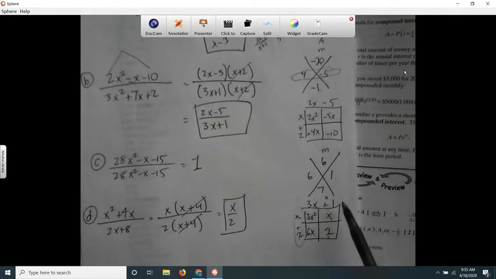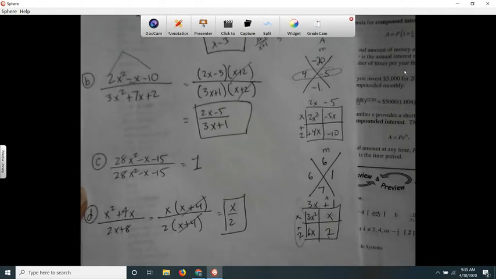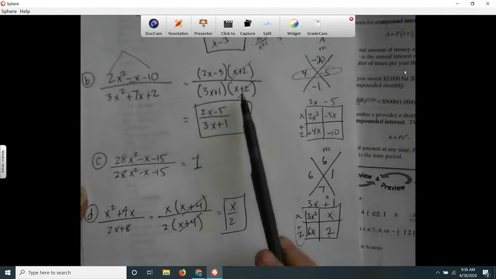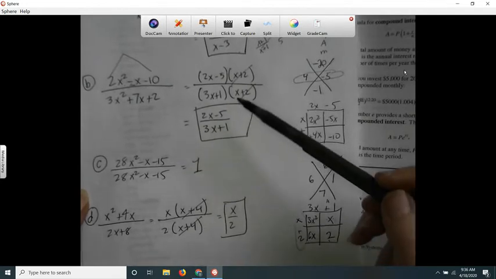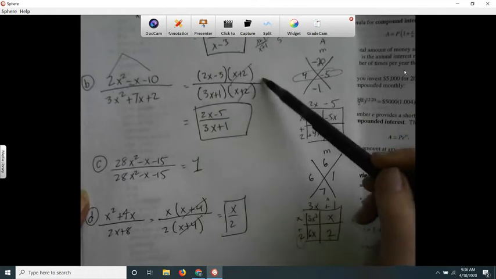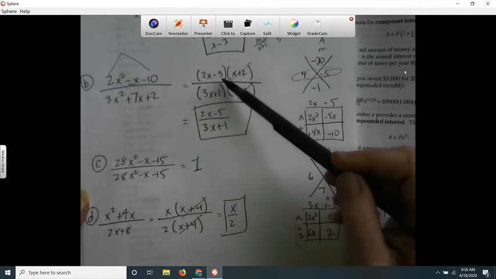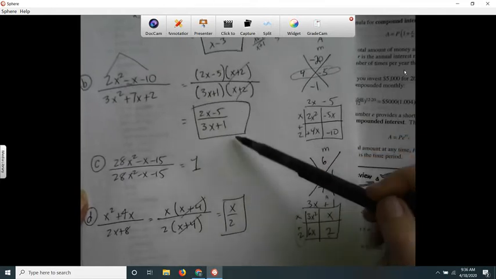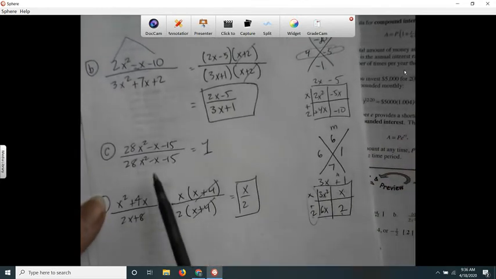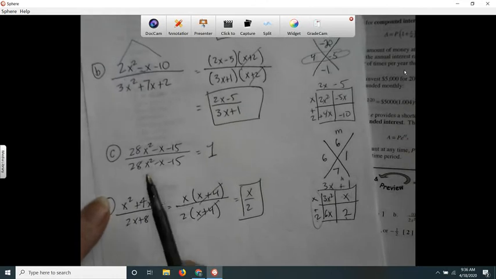So I wrote them here. And then I realized that this is a giant 1 right here now. So I can just cancel this whole thing out, and I end up with 2x minus 5 over 3x plus 1. Okay, and then letter C, I don't know if you're going to have an issue with this or not,